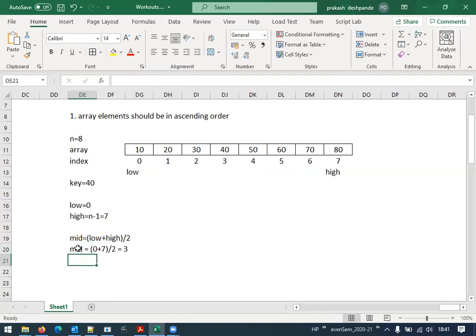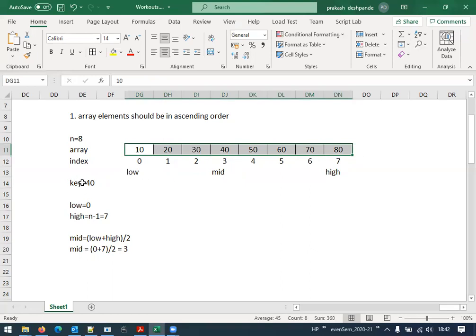So after calculating the mid, we get mid as 3. Let us take the variable mid here, and this mid is storing the value 3. Now let us recollect what we did here. First, we said that if we want to apply binary search, we need to have the array elements in ascending order in this example. We can also have them in descending order. That concept we can look into later. But here we are looking at the concept where the elements are stored in ascending order.